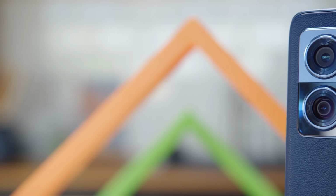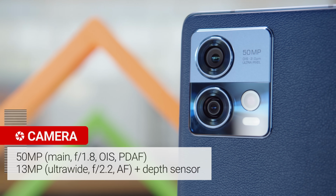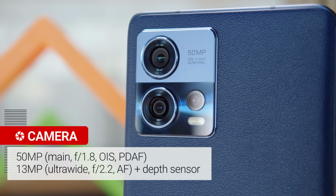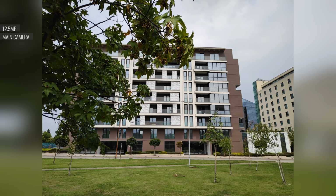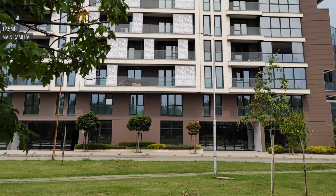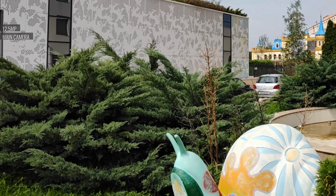Now onto the cameras. On the back, the Moto Edge 30 Fusion has a 50-megapixel main cam, a 13-megapixel ultra-wide cam, and a depth sensor. Photos from the main cam come out in 12.5 megapixels by default, and they are good overall. There's plenty of detail and contrast, and the colors are nice and true to life. It's not perfect though. The fine details are a little on the soft side when pixel peeping, but they are